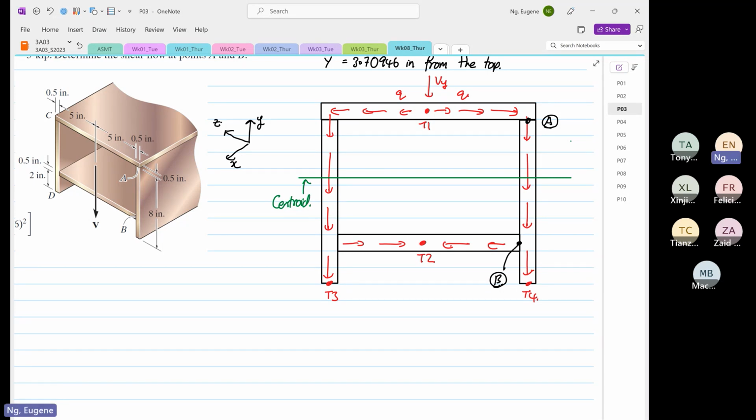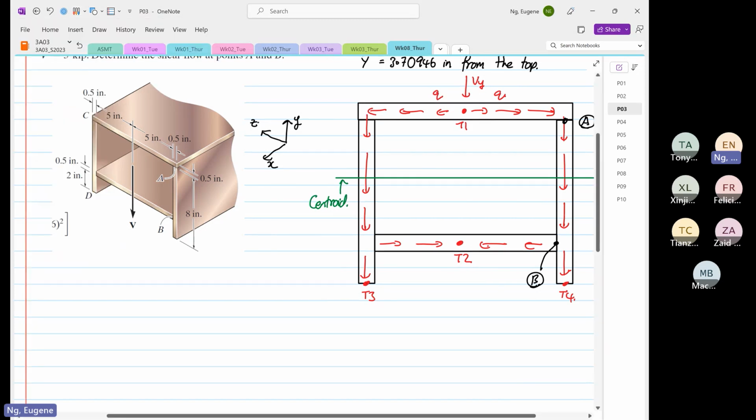Point A is straightforward, right? For point A, we have to use terminal number 1. And we know that the first moment of area cannot cross the centroid. That's why we have to pick terminal number 1. Okay, so let's do point A first. Then we talk about point B. Okay, so point A,